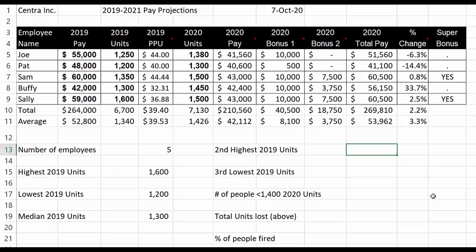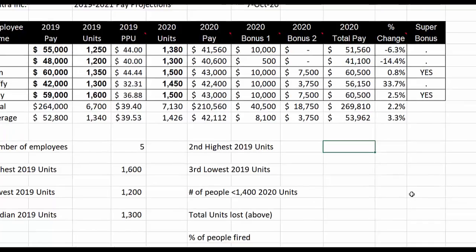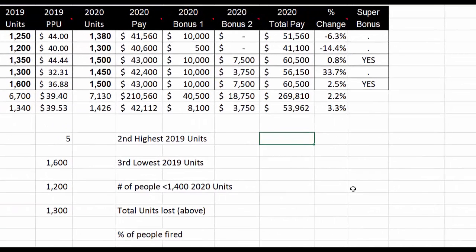Now in a report, you have a lot to talk about. And I go over to the right side. We did the high and the low. Life isn't always about high and low, right? Sometimes we have highest, second highest, third highest. Kind of like the Olympics, gold, silver, bronze. Sometimes you want to look at the bottom. I'll promote the top 5 people and I'll fire the bottom 5 people. So we're always looking for some